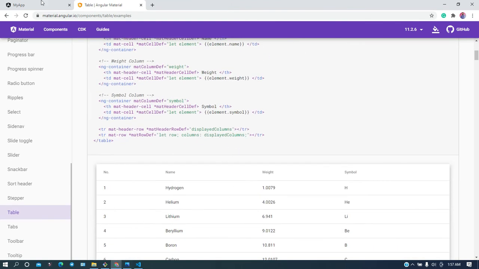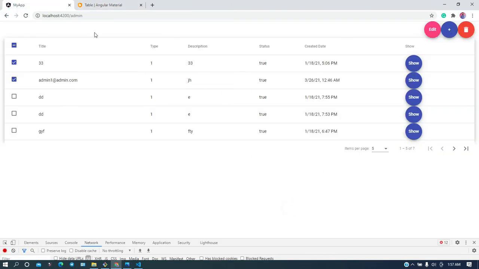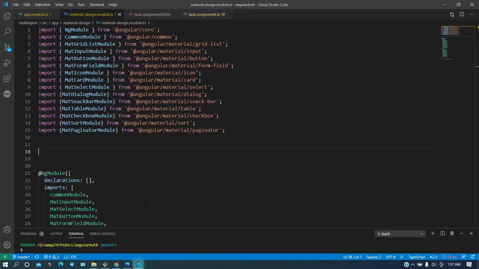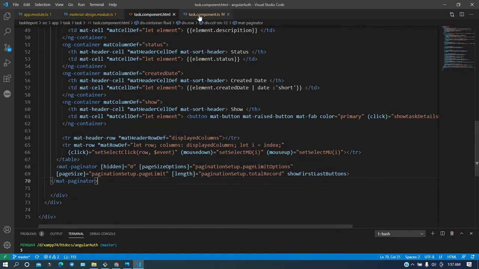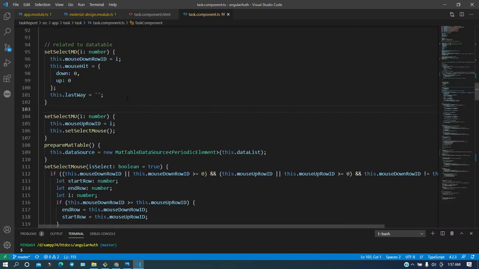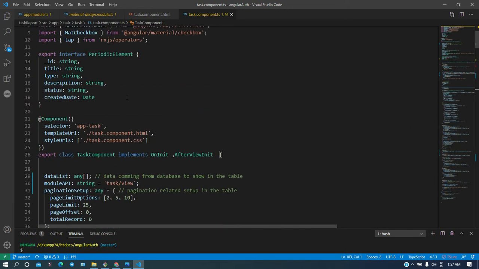Let's look at my code and see how I did it and how I displayed this data. In my case, if you go to the material, one second, task.component.ts, you can notice we have done the same thing.